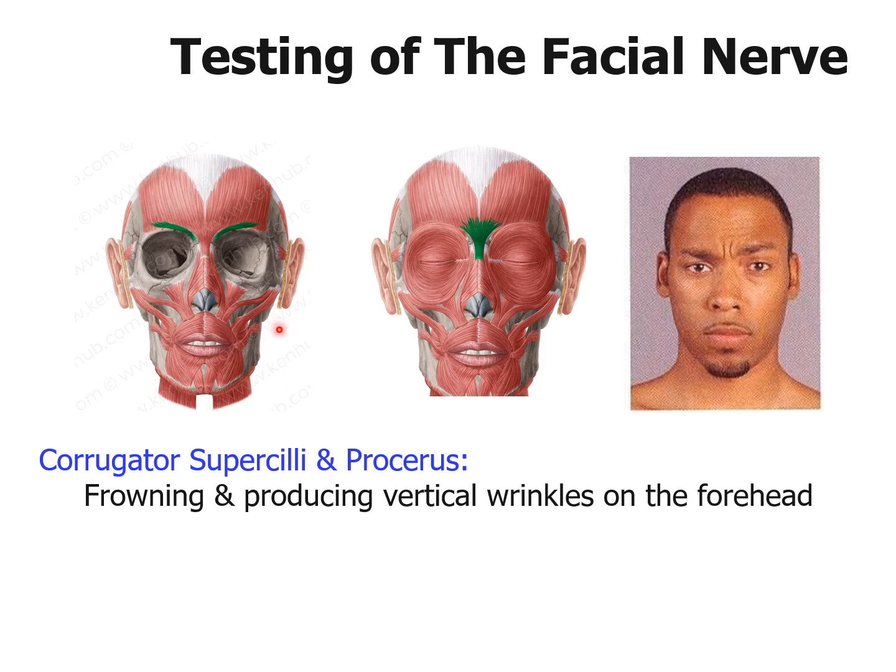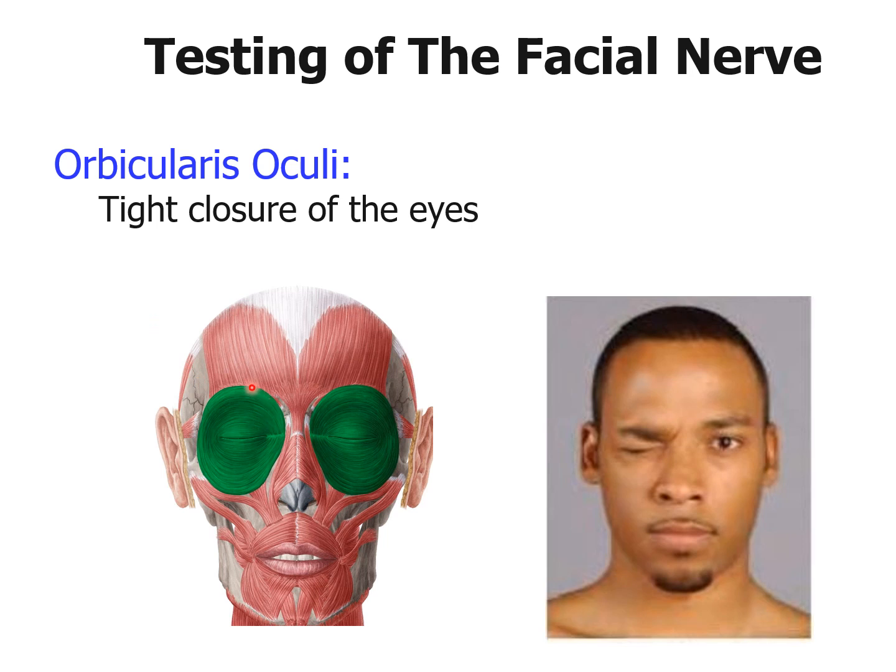Next, you can look at the functions of the corrugator supercilii and the procerus muscles. Frowning and producing vertical wrinkles on the forehead indicates normal function of these muscles. Next, we can look at the orbicularis oculi muscle action. Tight closure of the eyes indicates normal function of this muscle, and you shall see in the later part of